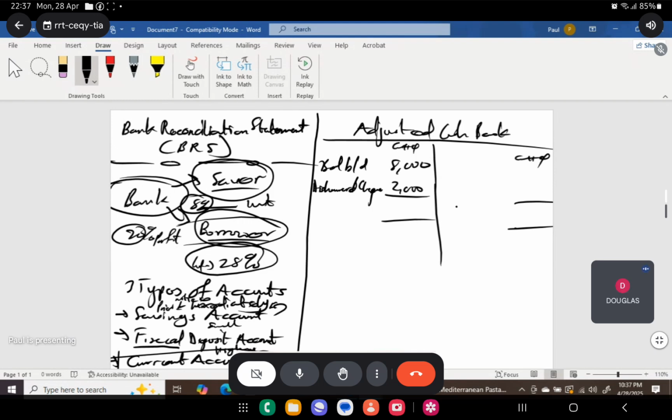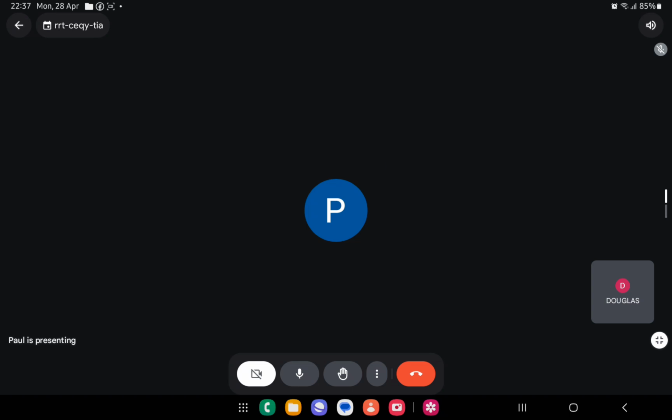Good. So that dishonored check will add up to the existing balance to make 10,000. Now there is nothing here. So when we close it, you see we come back to 10,000. So therefore our balance,